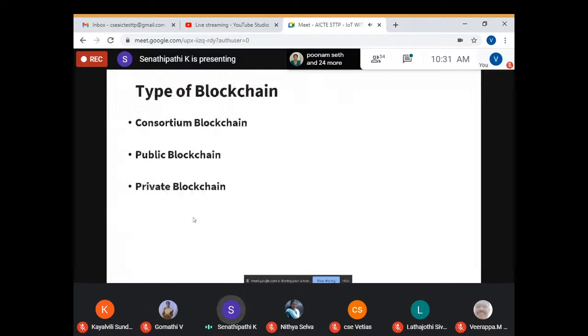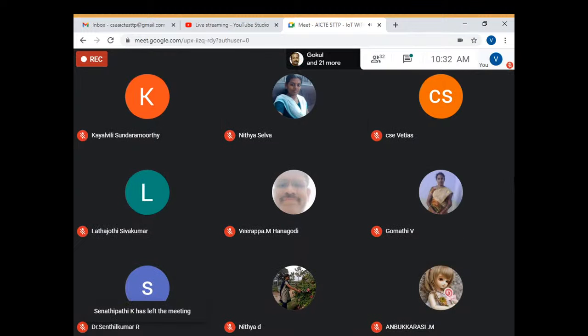The next one is types of blockchain. There are three types: consortium blockchain, public blockchain, and private blockchain. Consortium blockchain is nothing but a group of organizations having access to the network. Only the group of organizations can participate in the transaction and activities. The next one is public blockchain. It is open to everyone. So public blockchain is nothing but